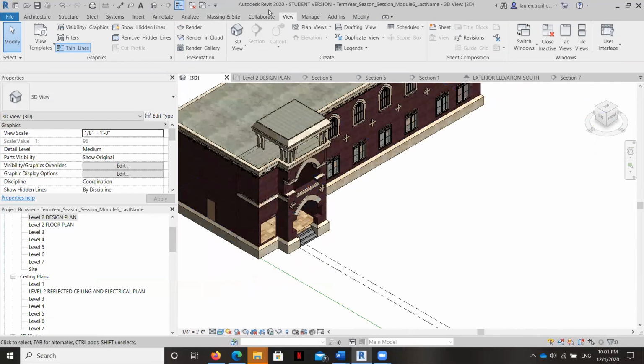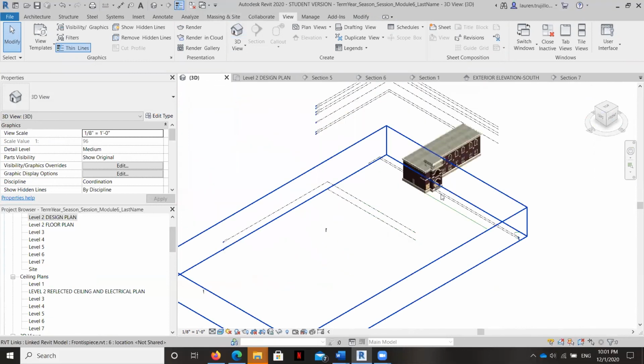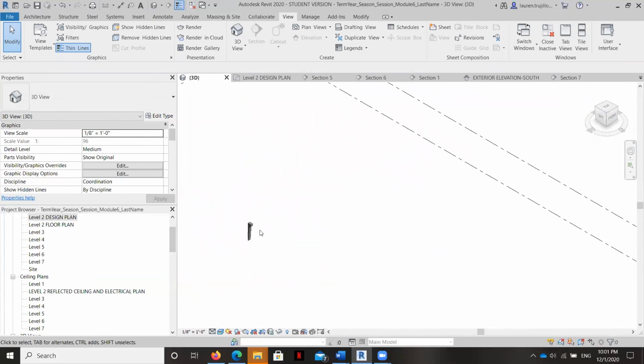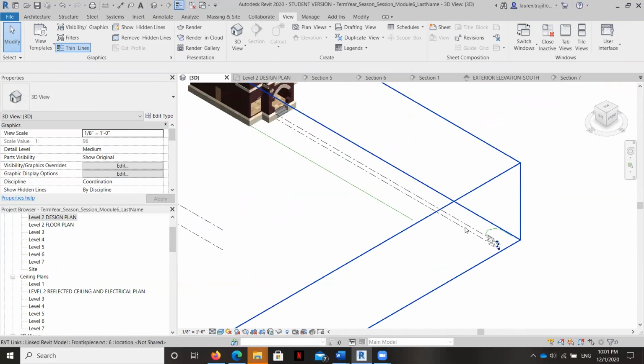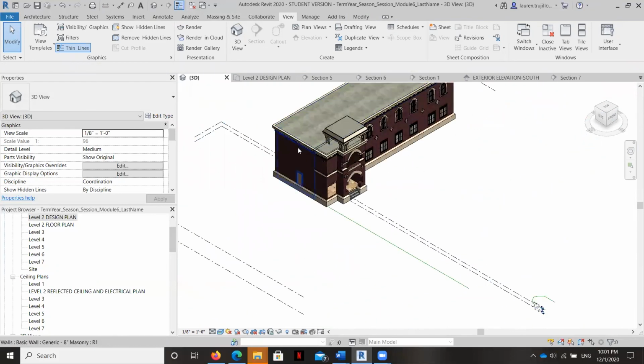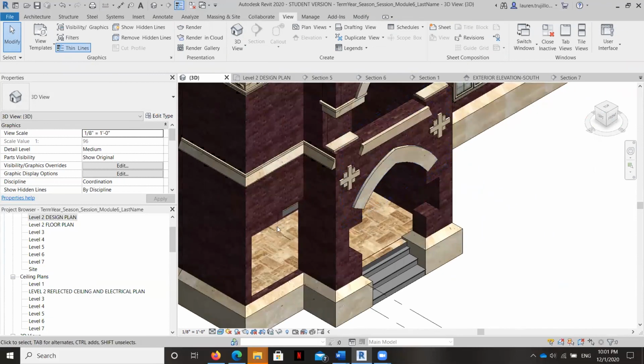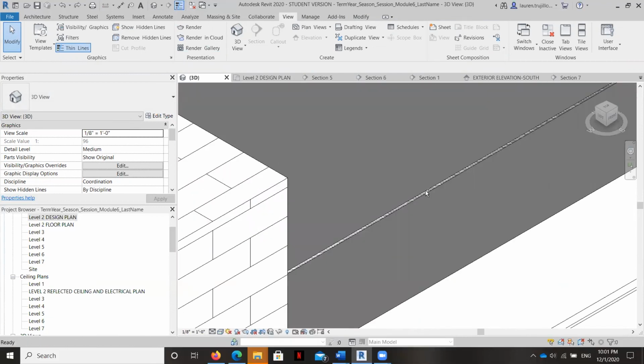Well, it's somewhere in the universe. I got some stuff floating around. Okay, I'm going to try one more view of it, see if I can grab it.